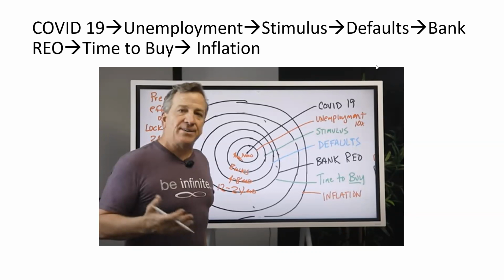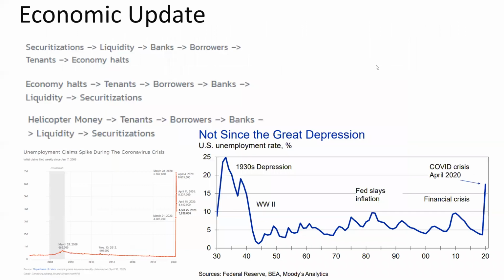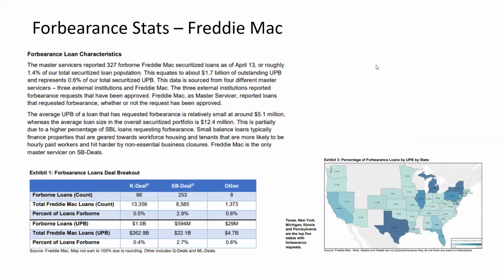So this question is around forbearance data. Let me go back. Freddie Mac put out their forbearance data. You can see in the bottom right, it has the percentages by forbearance request. I have not found it loan by loan yet. I'm working on this. If anybody out there knows how to get this, I'm trying to find these loans specifically. Right now, Fannie and Freddie have put out this data on their website, and it's public information, but I have not seen it loan by loan, submarket by submarket at this point.